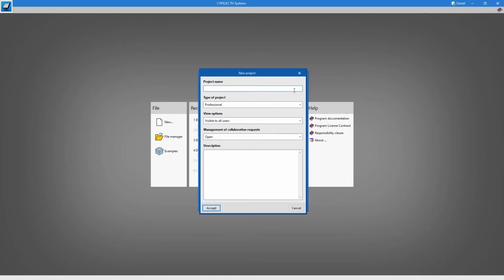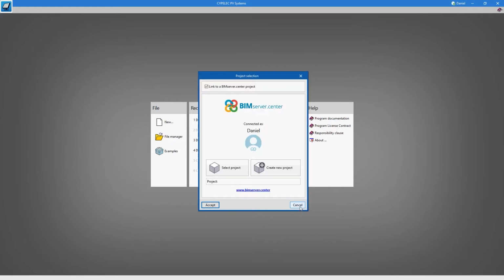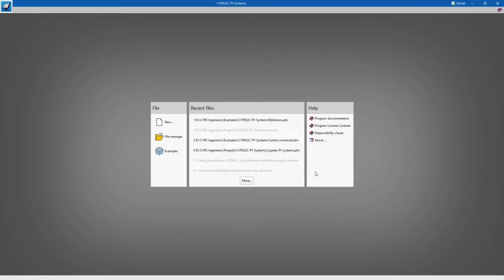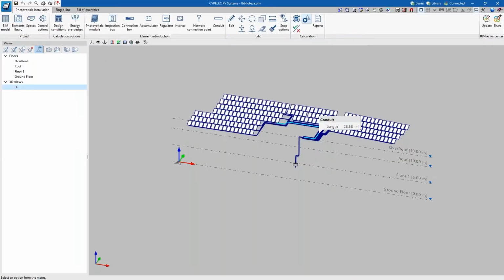So if we want to create a new project, we only have to pick the name depending on what kind of project we want for this installation. We can fill up all the parameters of this project, click on accept, and automatically we are going to have the project created into the BIMserver.center. However, there is a third option, that is that if we already have the file created, we have the recent files menu that allowed us a quick access to the files that we have